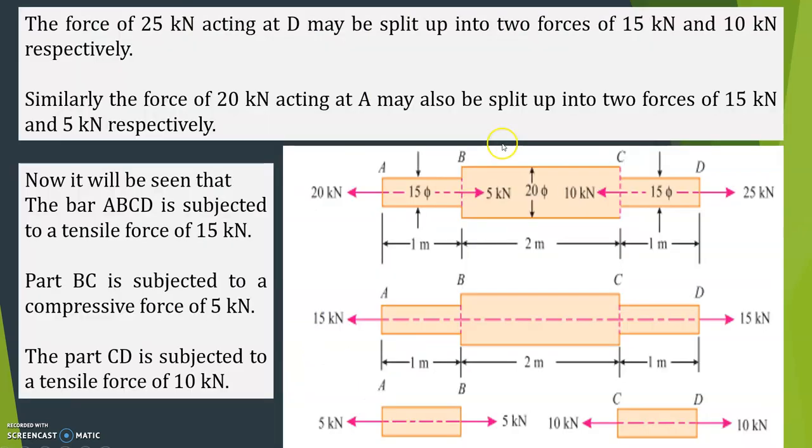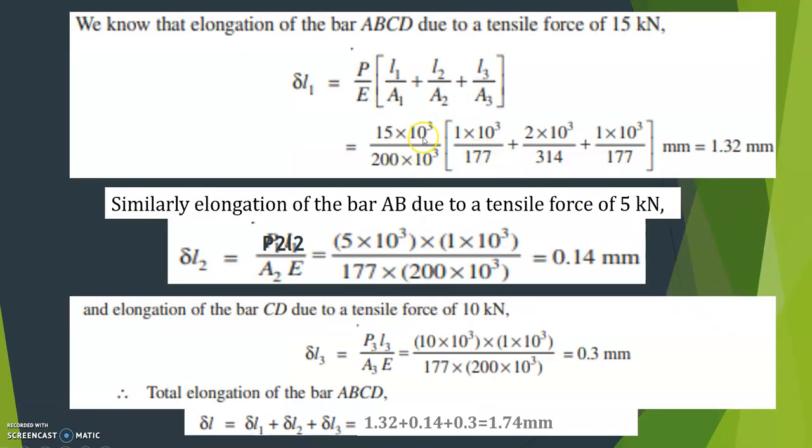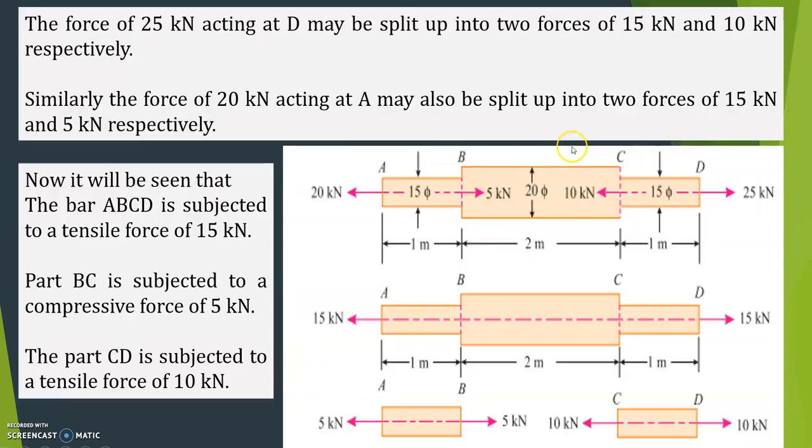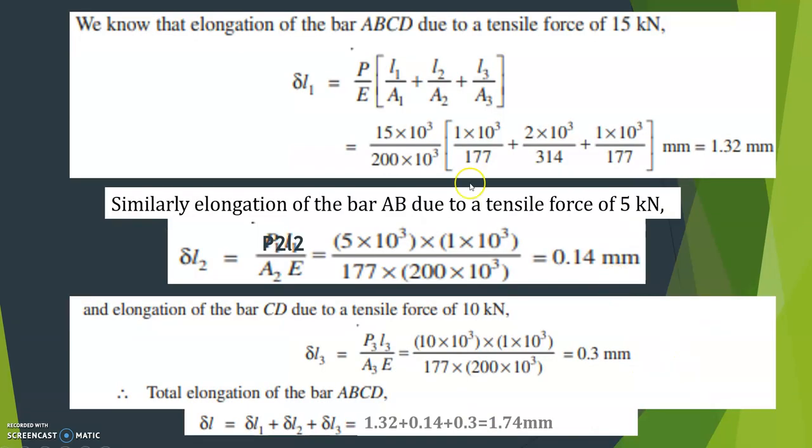Substitute here. First, this section, that is P is equal to 15. So 15 into 10 raised to 3, kilonewton converted into Newton, divided by Young's modulus, 200 into 10 raised to 3. L1 for this is 1 meter, L2 is 2 meter, and L3 is 1 meter. So substitute that, 1 into 10 raised to 3